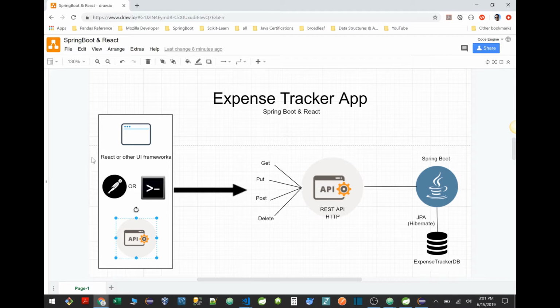So if on the left side I do have a system working under Python, it doesn't matter, because they can integrate and they can talk to each other very easily via the HTTP REST API. So this is the entire architecture that you see. On the left side, I put all the possible things that you can interact with. We're going to use a tool called Postman in order to